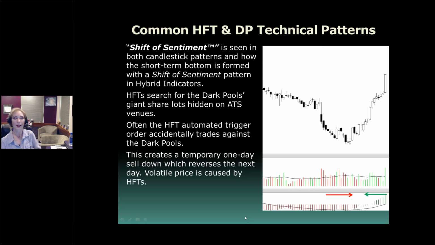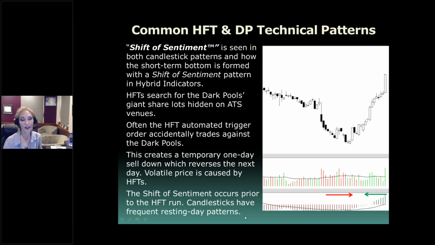Anybody who says that dark pools cause volatility doesn't know what they're talking about. The shift of sentiment occurs prior to the HFT front run. Candlesticks have frequent resting day patterns. So you have tighter formation, that's the dark pool buying activity, shift of sentiment action. We have selling short down here, and we have pro traders getting in here and front running before the HFTs